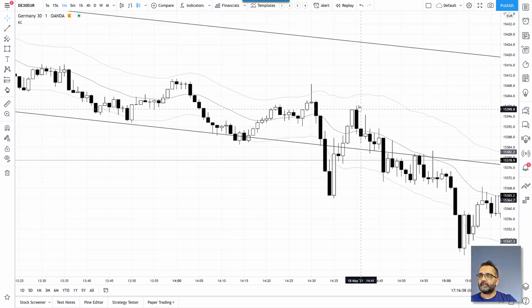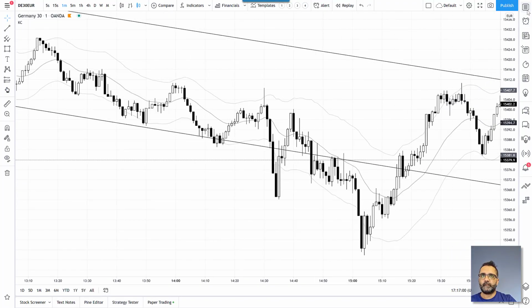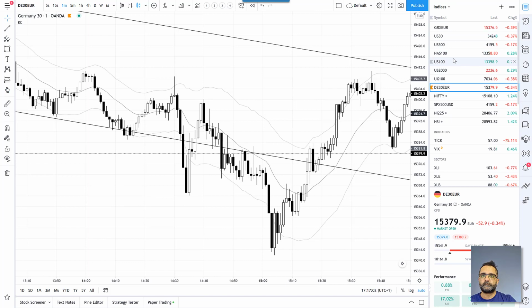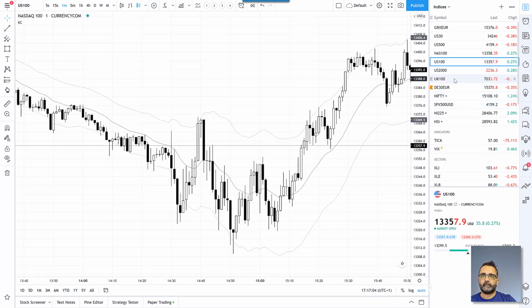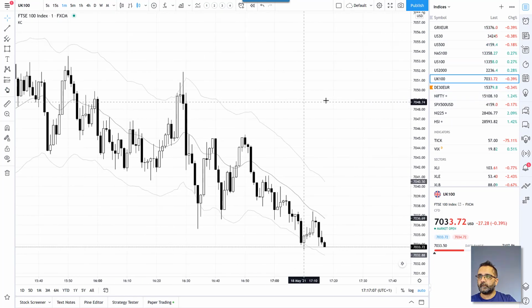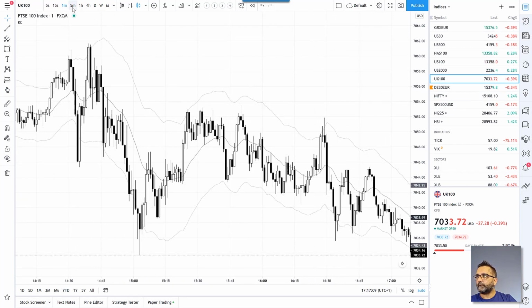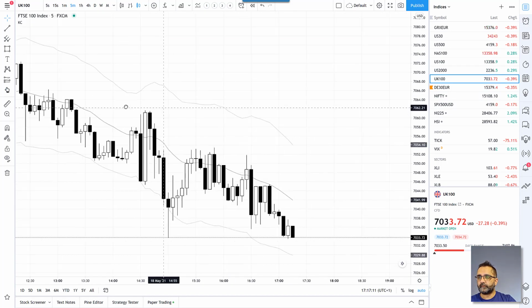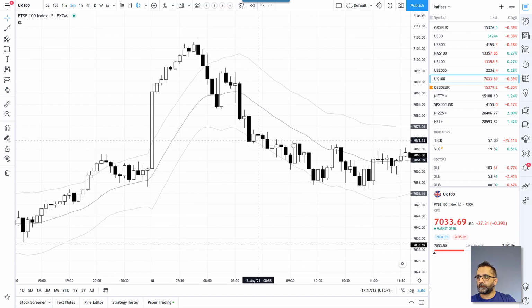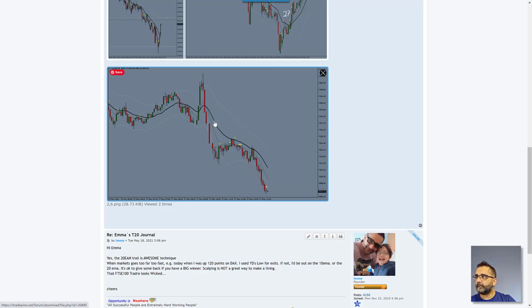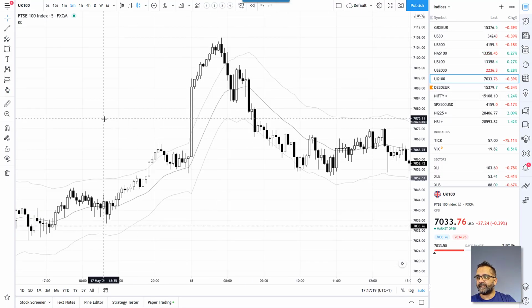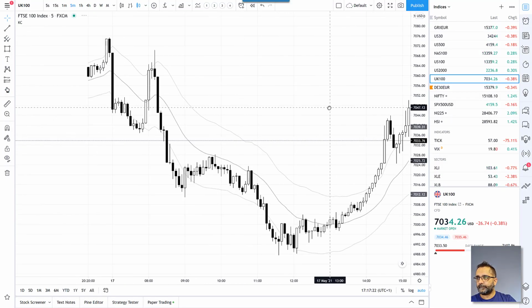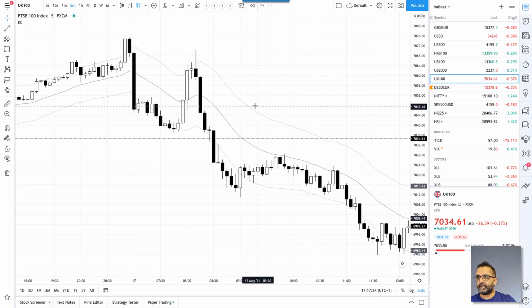So if we go to my chart and we bring up the FTSE, not that, this one. And on the 5-minute chart, hold on, was it 5 minutes? UK 100, M5. Oh, that's from yesterday. Yes. This was a beauty,